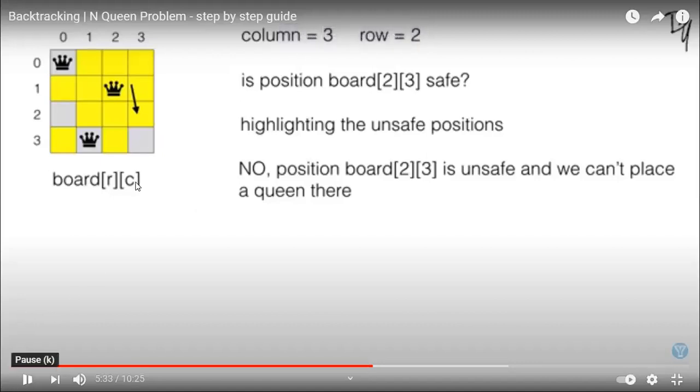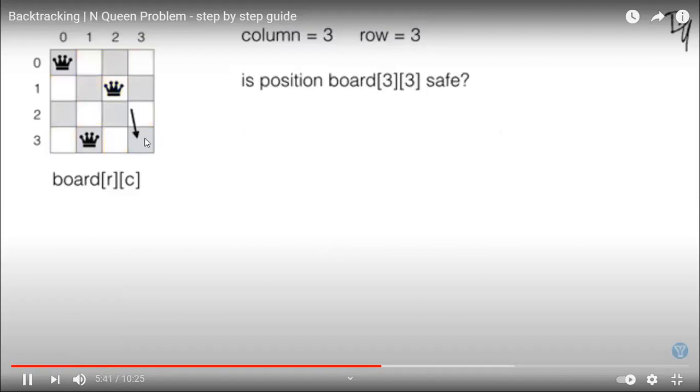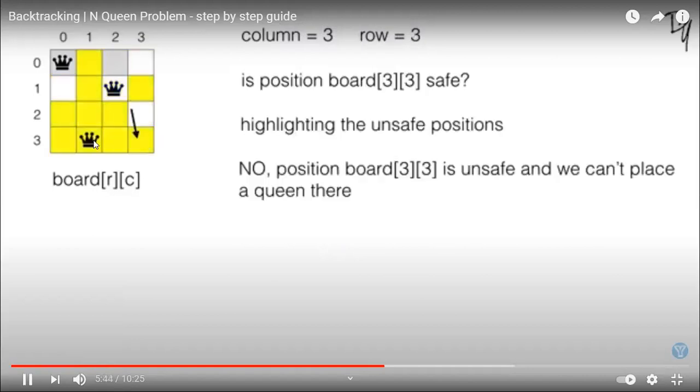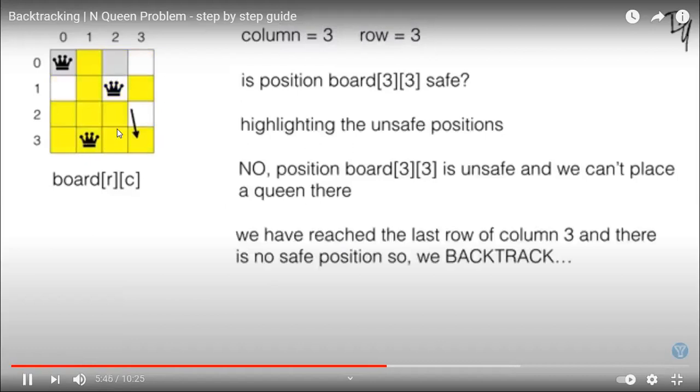So after incrementing the row by 1, we will reach the last row of column number 3, right? And again this is not a safe position, because this queen can attack this queen, right? So here we have reached the last row of column number 3, and there is no safe position.